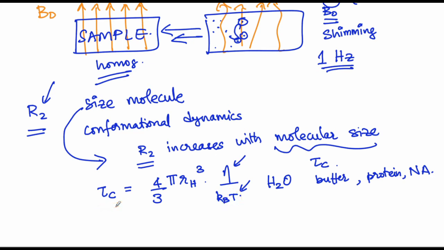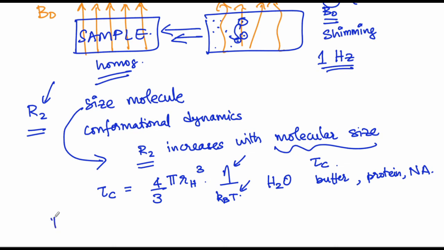These are some of the tricks that are played by NMR spectroscopists in order to get a better spectrum for a given molecular size. Let's say for the same given solvent and temperature, if you want to compare different molecules, as you keep increasing molecular weight, the volume of the molecule increases, which results in increased rotational correlation time, which increases R2 and therefore results in very broad resonances. Just because of the fact that we end up having broad resonances, other technological advances in NMR such as multidimensional NMR came into place so that we can overcome such limitations.